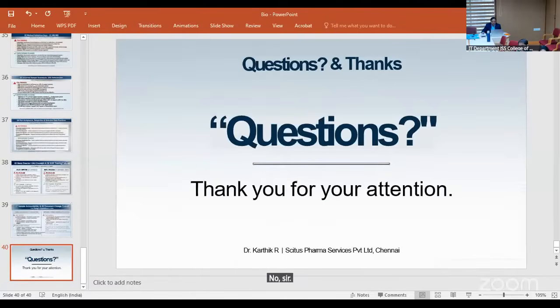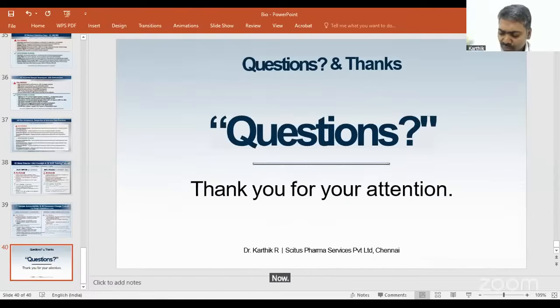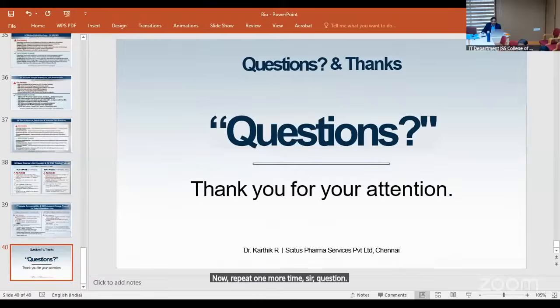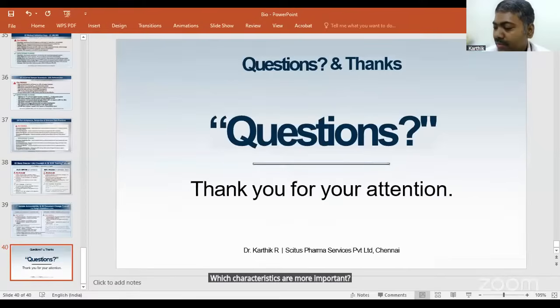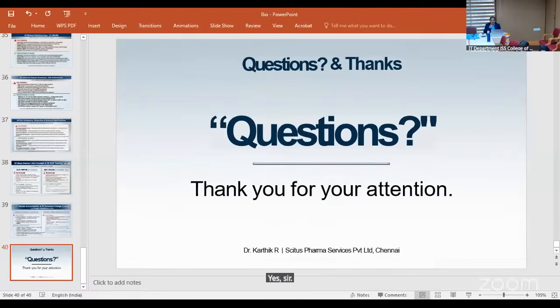When selecting a worst case product for cleaning validation, which characteristics are more important? Sir, please repeat the question one more time. When selecting a worst case product for cleaning validation, which characteristics are more important? So for cleaning validation, which one has to be taken? Yes, sir. Okay. So cleaning validation,